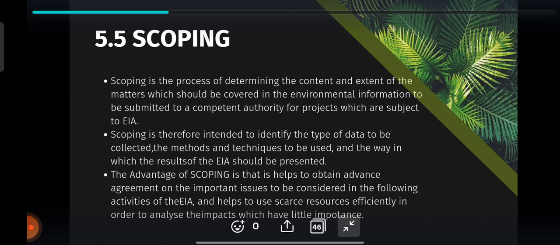So, like good early project planning, scoping can save enormous expense and time during the later and most costly steps of EIA. Good scoping requires planning, using competent staff, and providing adequate resources. The outcome of a scoping exercise should be a list of priority concerns and guidelines for the preparation of the EIS, including a structure for the baseline study.